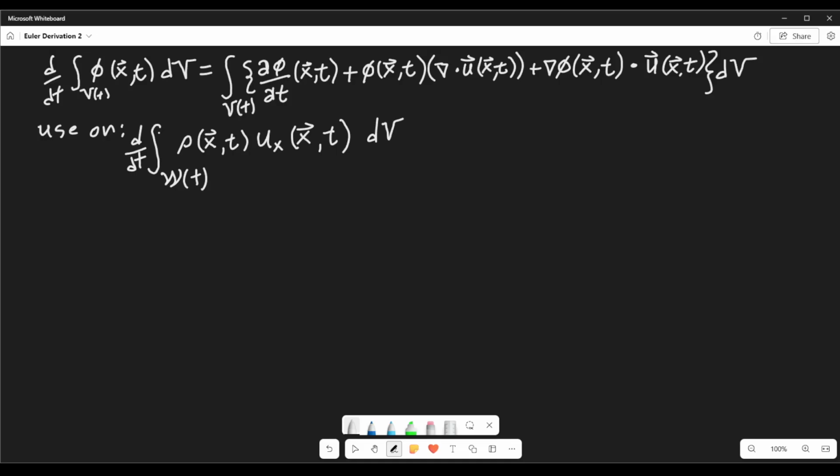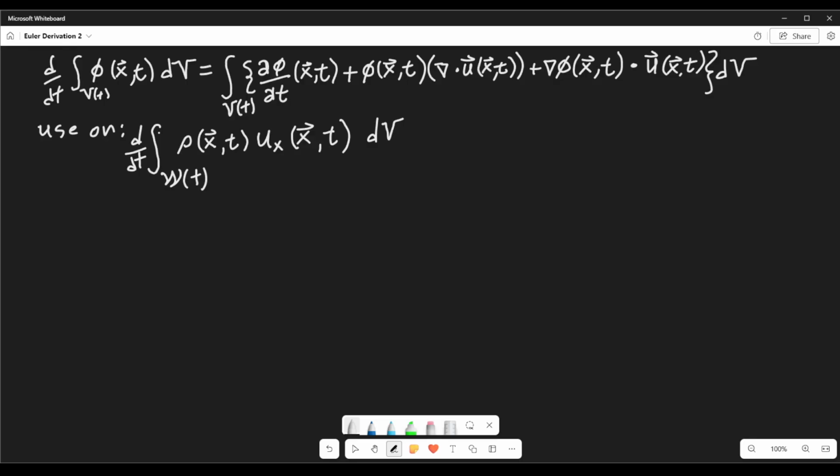So in the previous video, pretty much this relationship was derived using the Leibniz rule and a bit of assistance from Gauss. So basically the time derivative of a scalar function that depends on time and a time-dependent volume can be expanded into this form, where the derivative with respect to time is moved inside, which